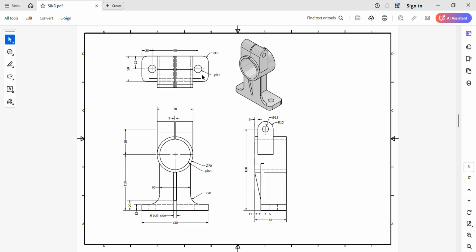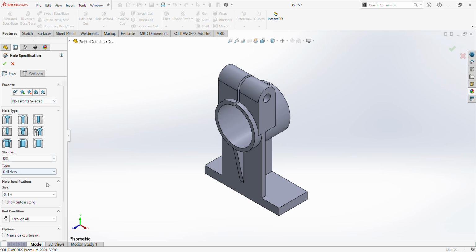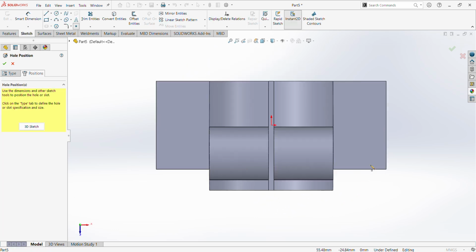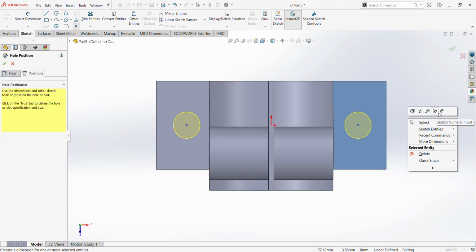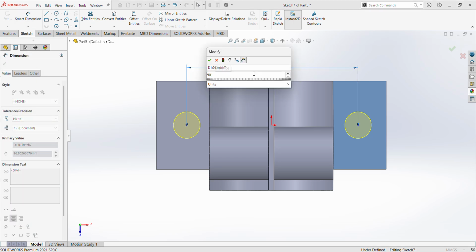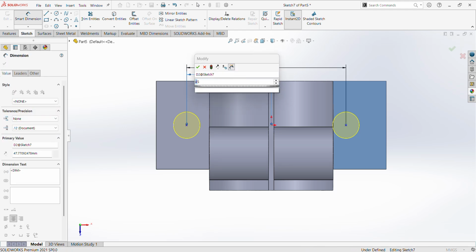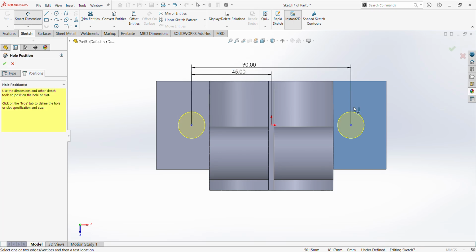Next there are 2 holes, diameter 15, pitch is 90. Select hole wizard. Here select diameter 15 is okay. Positions, select the surface, place the holes, give the dimensions. The pitch is 90 mm. We can give the 45 mm here from the center. Give the constraints, horizontal,